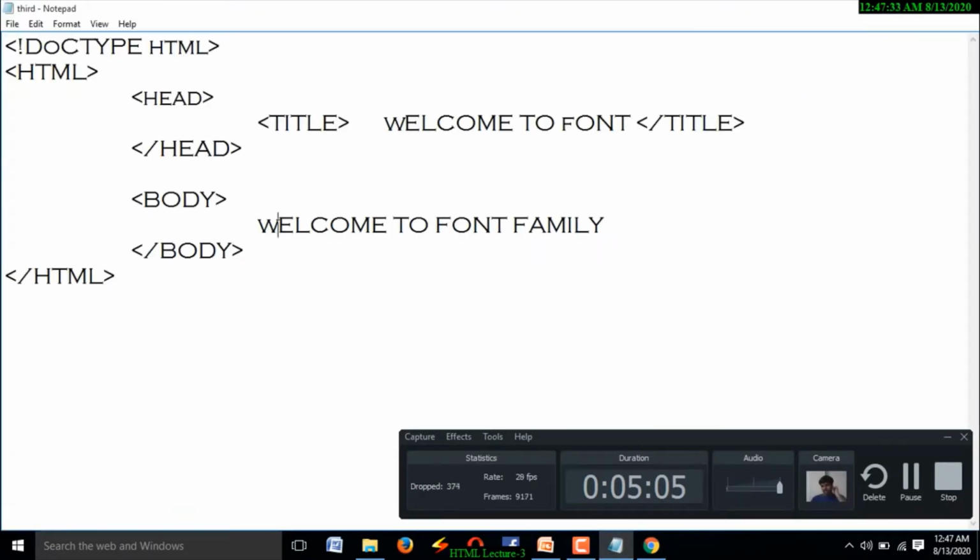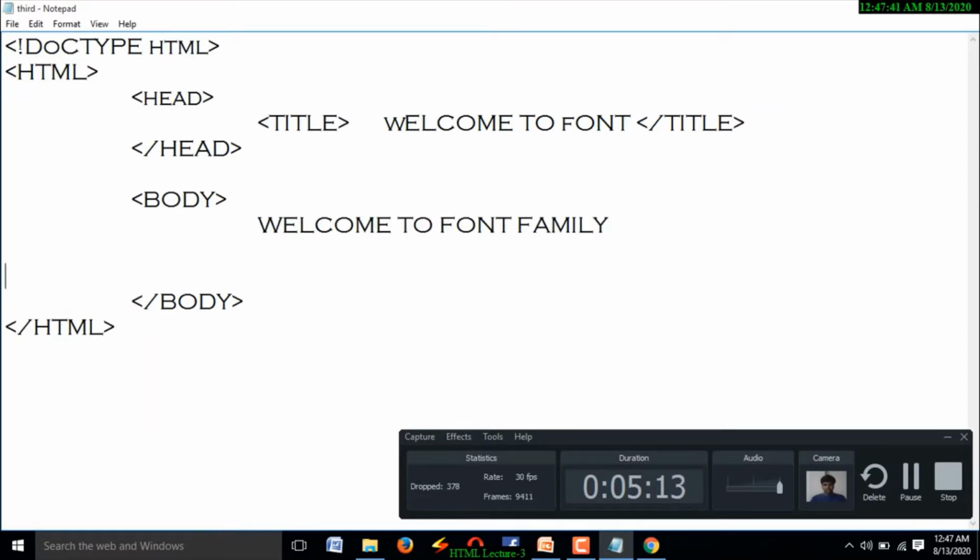Right. Here I am going to use font color. Tag name is what? Tag name is font and attribute name is color. Don't write COLOUR. You need to write US English, that is COLOR.